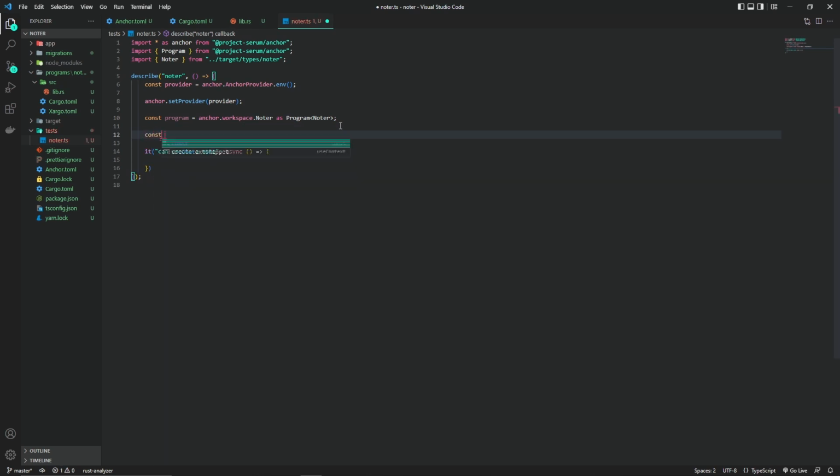So let node equals anchor.web3.Keypair.generate. Save it. Now we need to call our create node function which we wrote inside our lib.rs file. So await